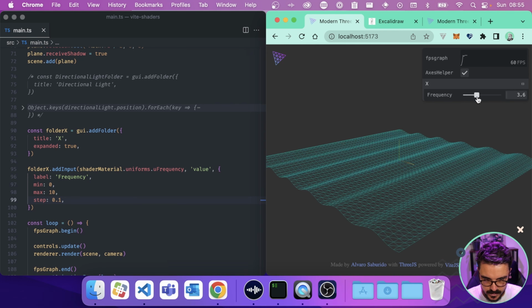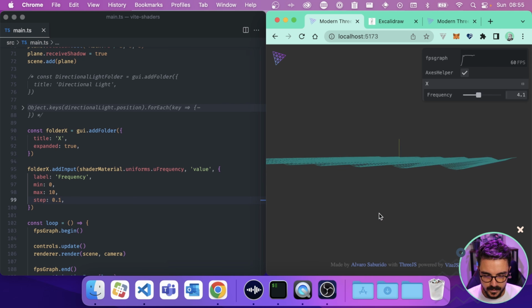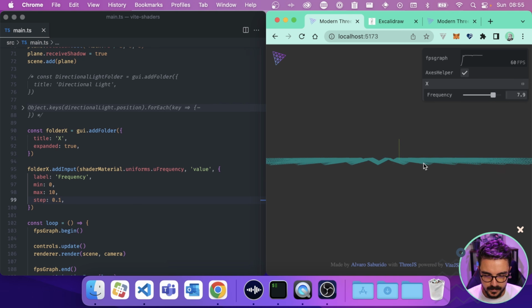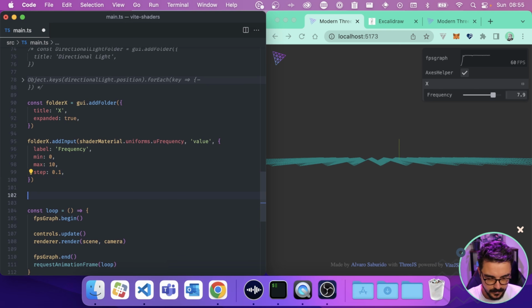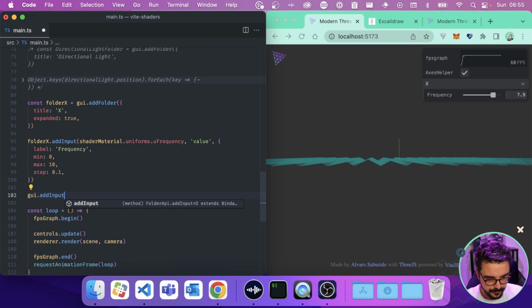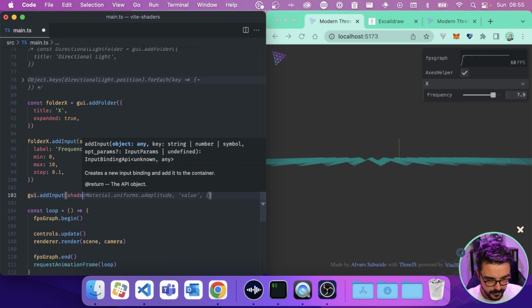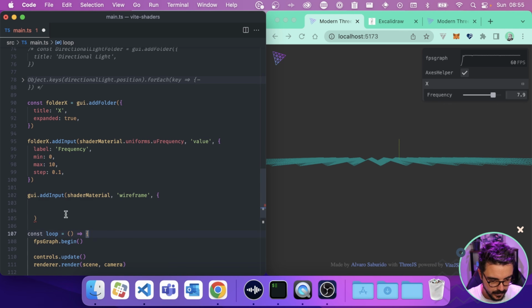So if I change here, you can see that it changed the frequency of the waves. Okay, so the more I get, if you remember the explanation before, actually I'm gonna remove the wireframe, or at least make it toggleable, so we can add to our GUI add input shader material, but it's gonna be wireframe.